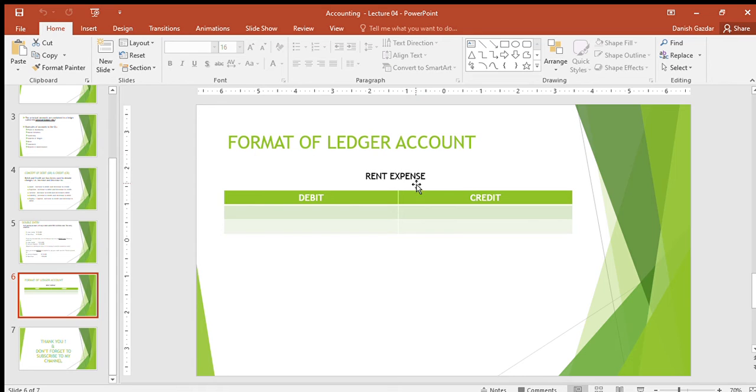So this is the format of a ledger account. If I'm saying that there is a ledger of rent expense, you can think about it as a debit and credit, as a T account, where you mention the balances here. Of course, today we are living in a world where accounting softwares and ERPs are prevalent, but understanding of T accounts could help you gain a better understanding of the ERP as well. We would discuss this format of ledger account in a later lecture,